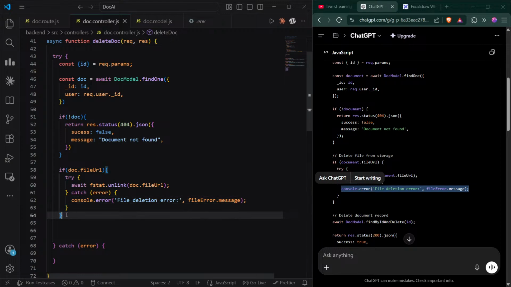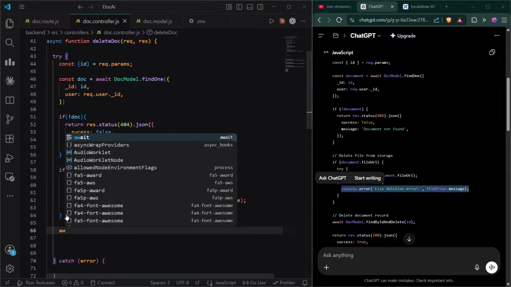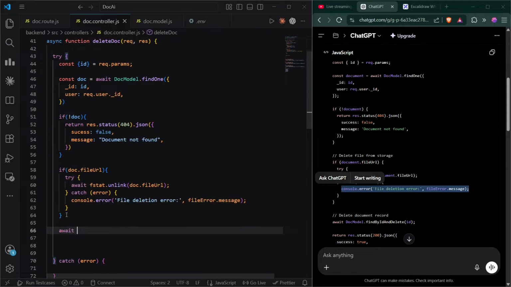Okay, if we have a document, then await docs model dot findByIdAndDelete id.